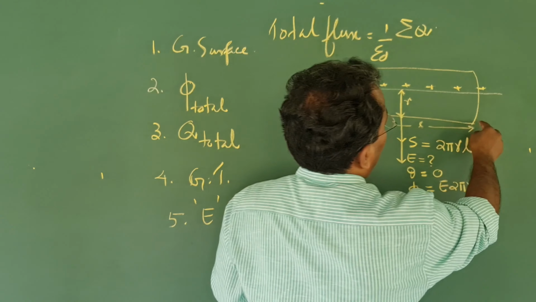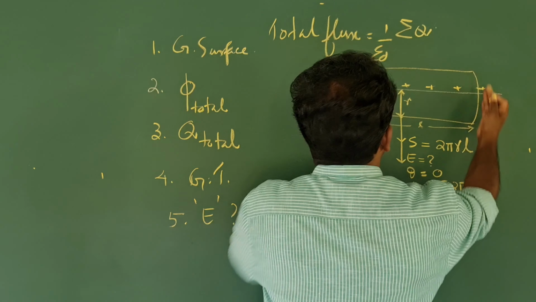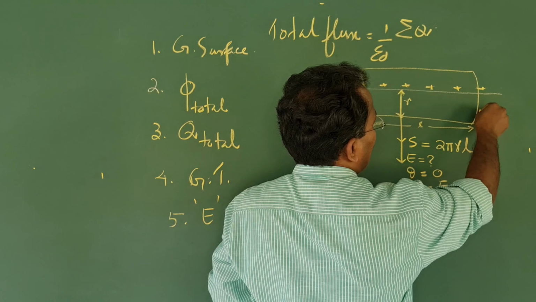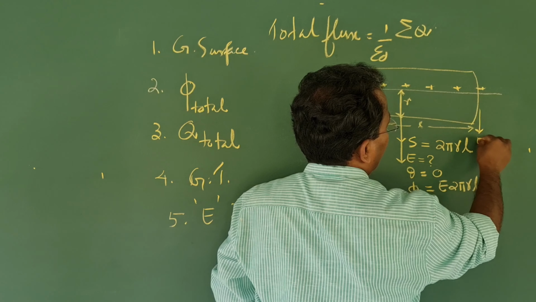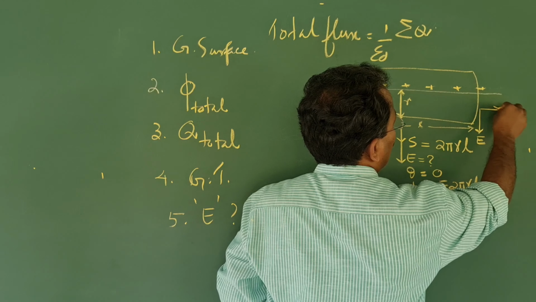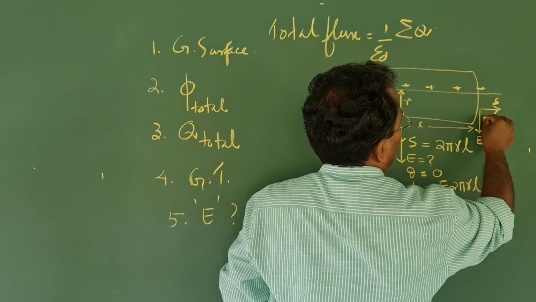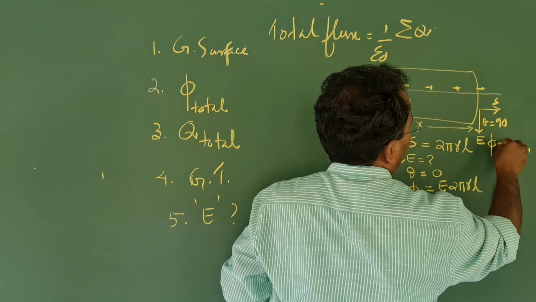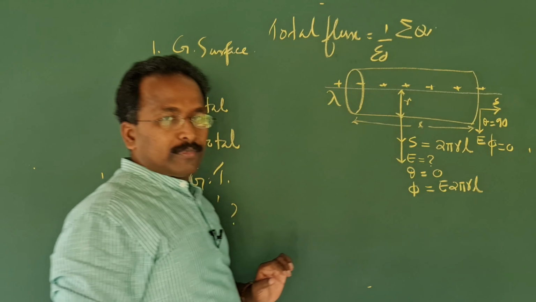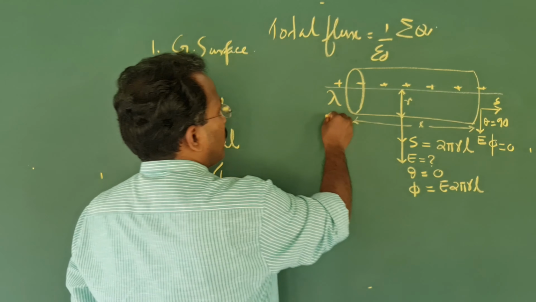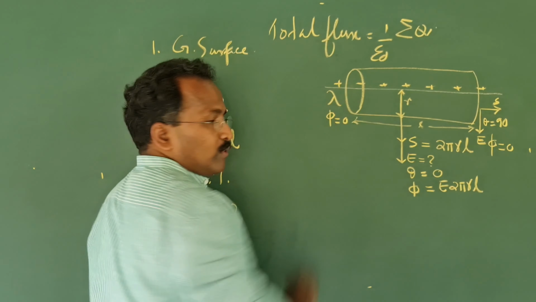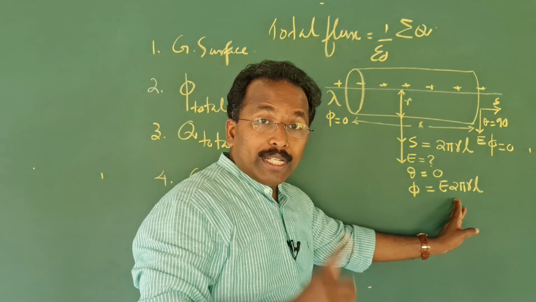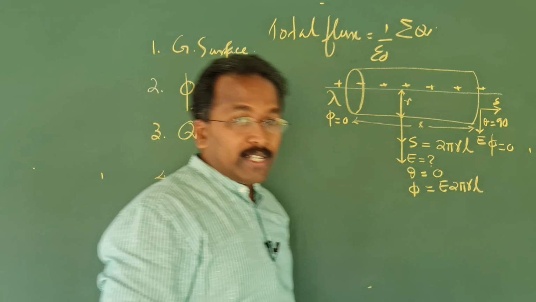And now I am going to find the flux through the side faces. And you see on the side face, electric field is in this direction. Area vector is to that side. So theta will be equal to 90 and flux will be equal to 0. Similar is the case here also. Flux is equal to 0. I wrote important things on the side of the figure.